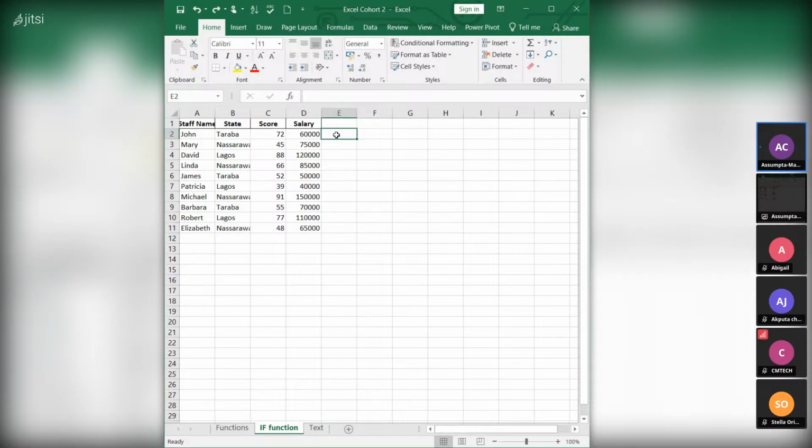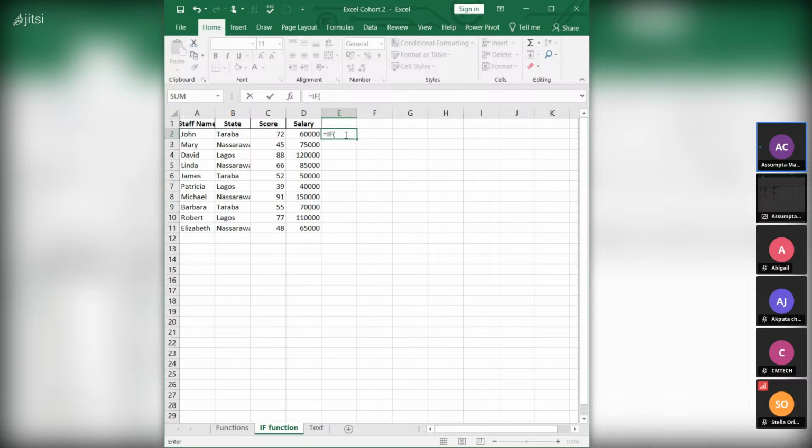For instance, if we want to check for this score, who passed, we can do if, our logical test should be,